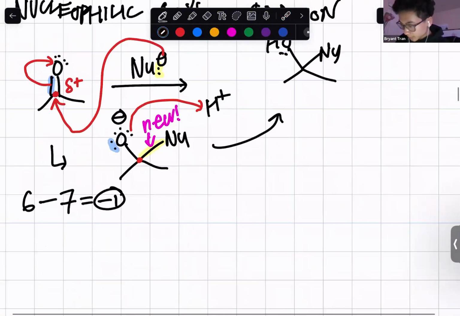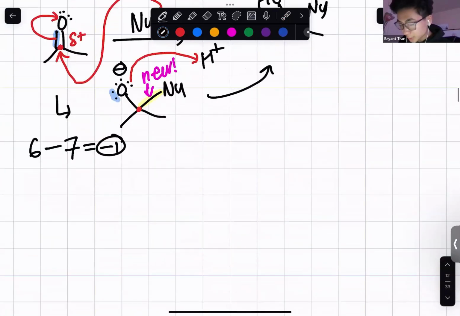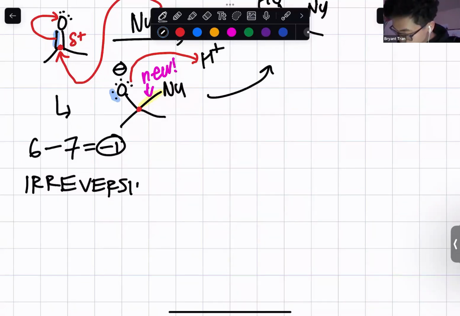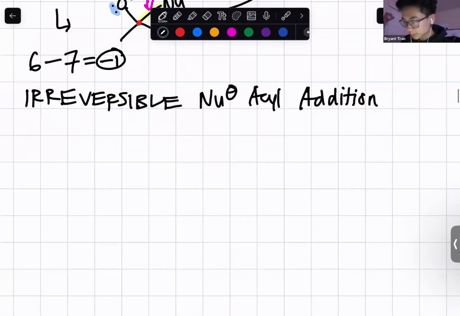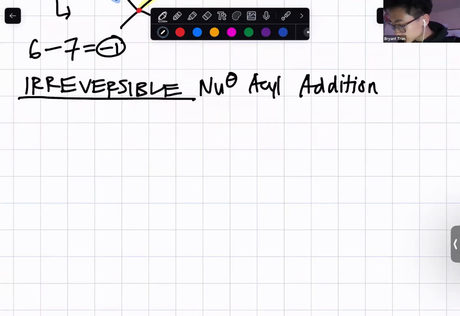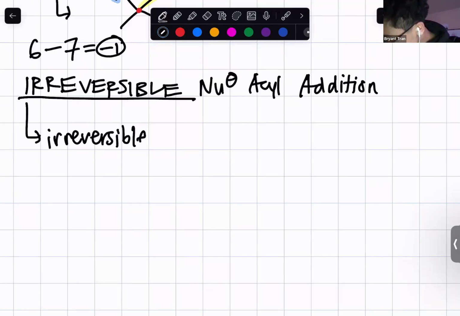Okay. And there's two types of nucleophilic acyl additions that I want you guys to know. There's an irreversible nucleophilic, and I'm going to abbreviate that as Nu minus, acyl addition, and a reversible one. But let's go over the irreversible one first. There's going to be, they're going to use irreversible nucleophiles